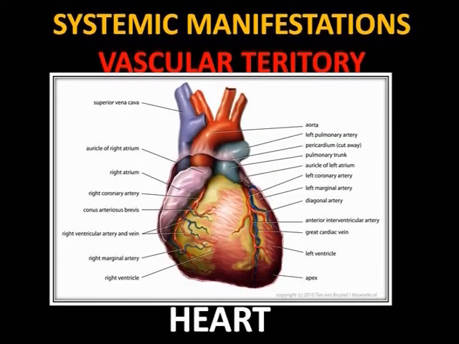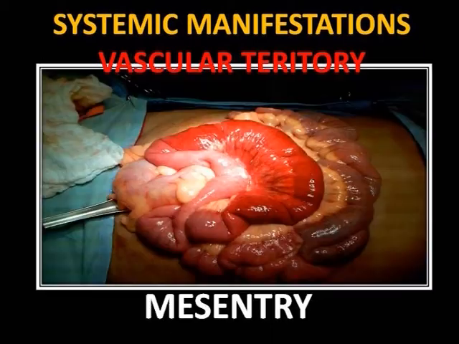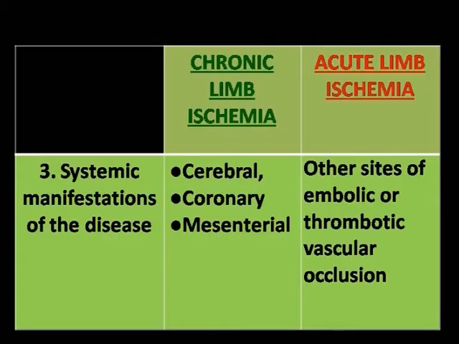Coronary examples would be a patient who's had a previous myocardial infarction, angina, whether the angina is stable or unstable, and mesenteric disease. Examples would be mesenteric ischemia or fear of food. Has the patient got postprandial pain that is stopping him eating, and is he losing weight? The reason why these are important is they impact our overall treatment of the patient and the risk